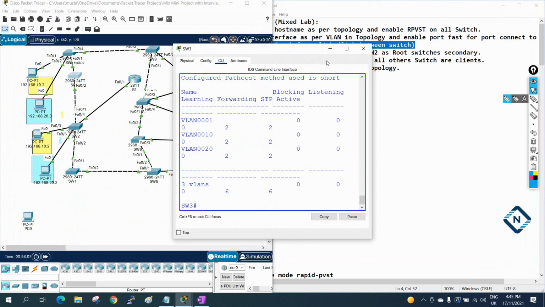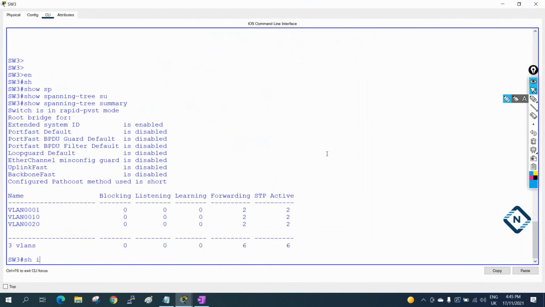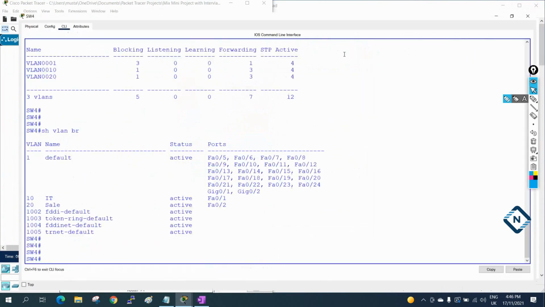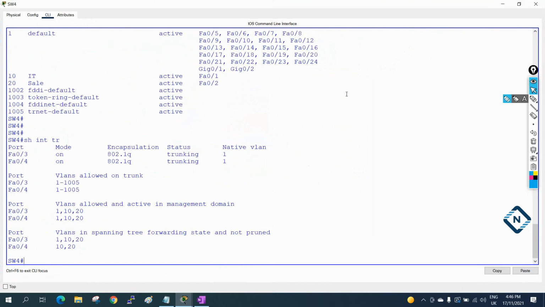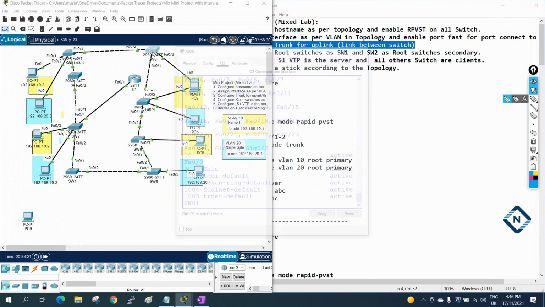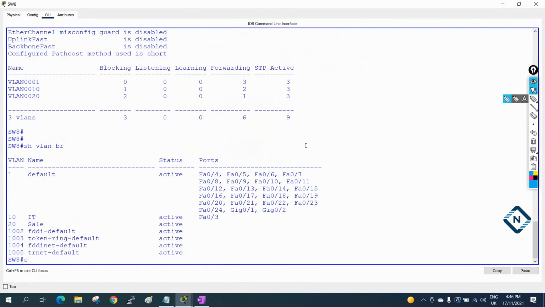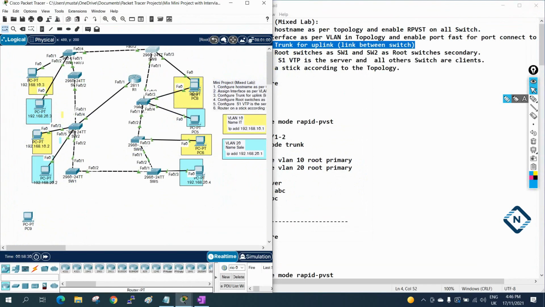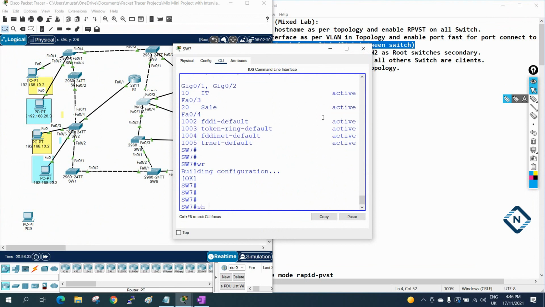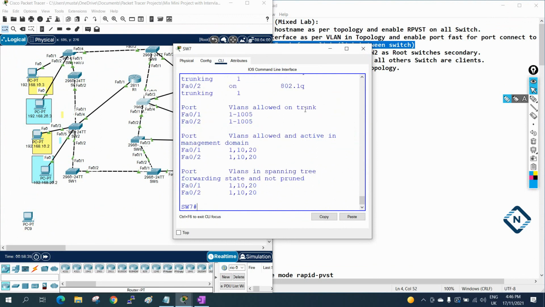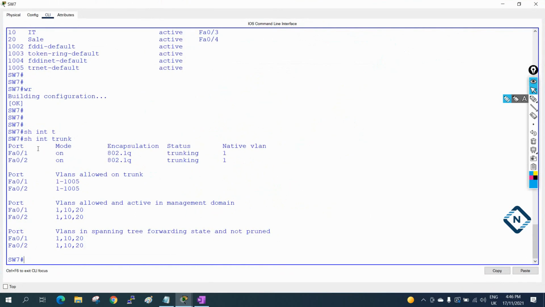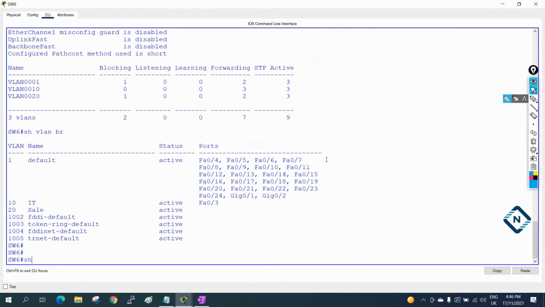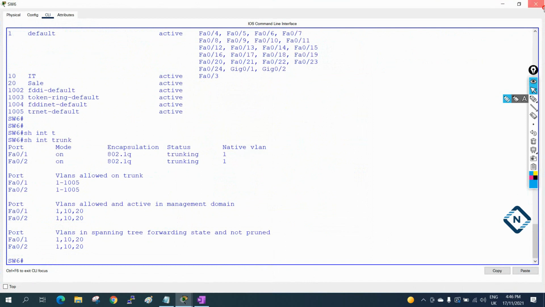Trunk. Here let's check, show interface trunk. So here also 2 interfaces are trunk. Show interface trunk. Here also 2 interfaces are trunk. Okay. Here we will have F0/1, show interface trunk. Here also 2 interfaces are trunk, that is F0/1, F0/2. In Switch 7, now we will go for Switch 3, show interface trunk. So here also F0/1, F0/2.